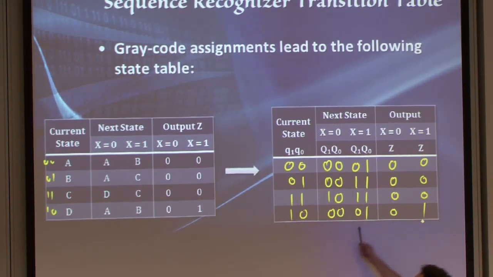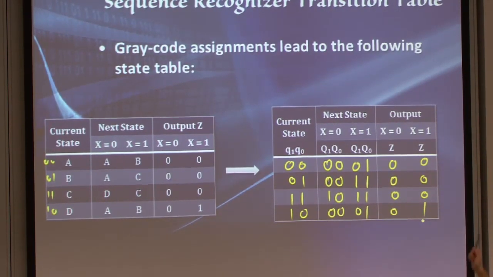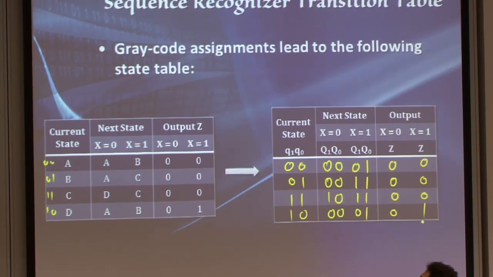And now we have a table. Again, this is a state transition table, just like this one, but this is given in binary codes, and this is something we can work with. Now, one thing I want to show and emphasize in this table here is that